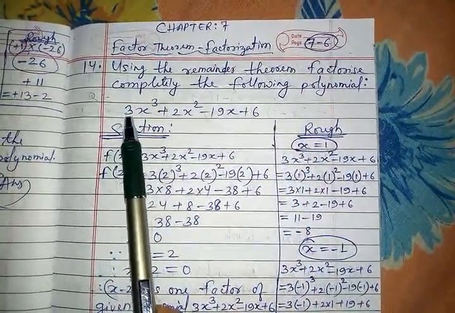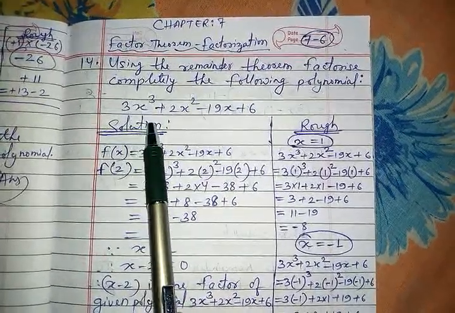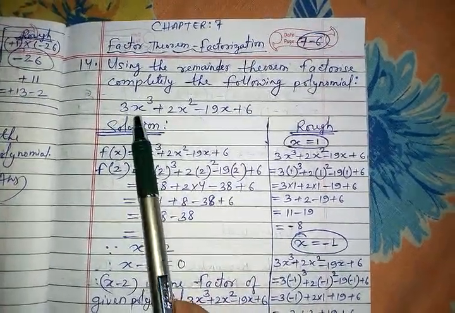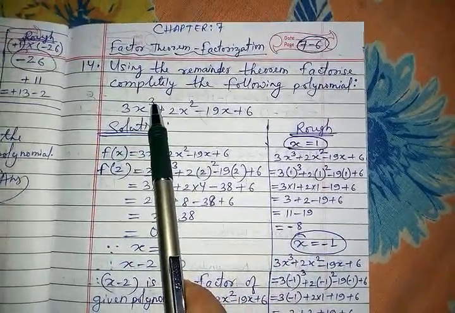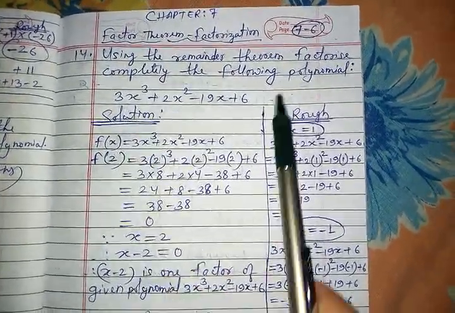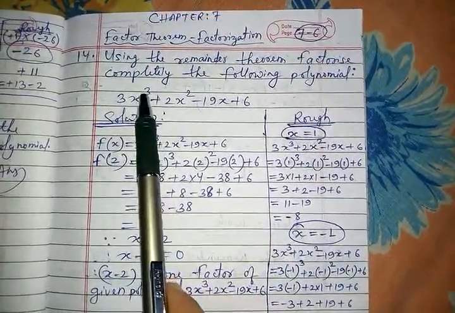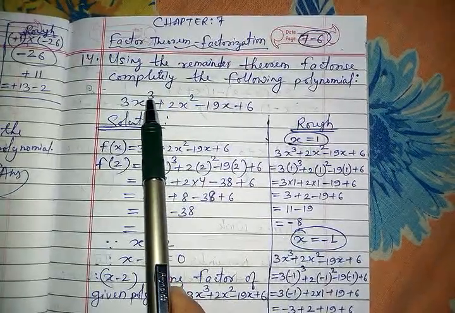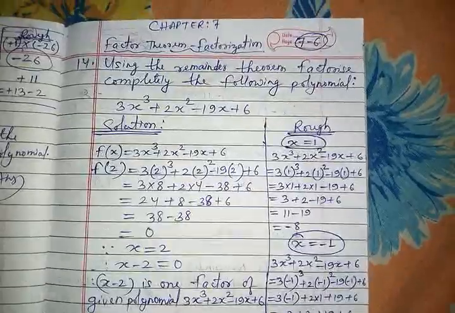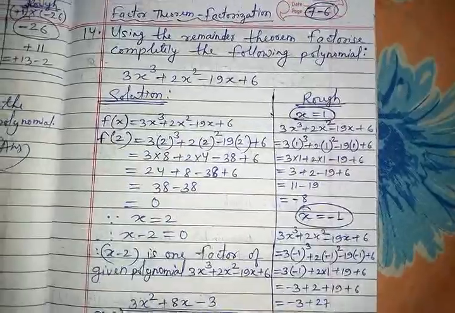So you have to factorize this polynomial expression. Factorize means finding which factors can divide this particular expression. Whenever there is a degree of 3, x cube, that means there will be 3 factors, and you have to find all those 3 factors. Had it been degree 4, there would be 4 factors, but in this chapter it is already told that more than degree 3 you cannot take. That means the highest degree is 3. So there will be 3 factors which we do not know at all, and we have to find all those 3 factors. So let us begin.